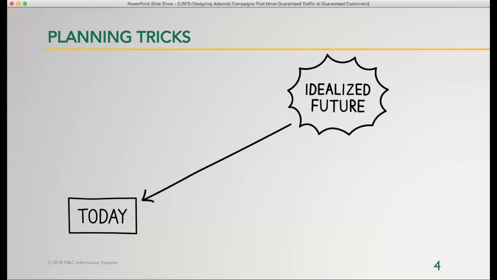And that sounds basic, because it is, right? You need to start with where it is that you want to go, and then work backwards to today. So when we're doing that,